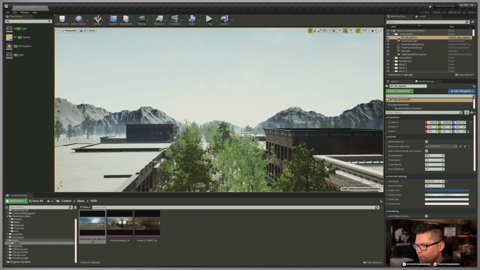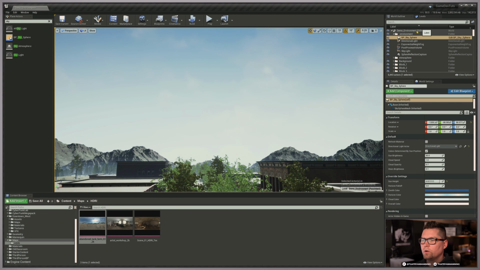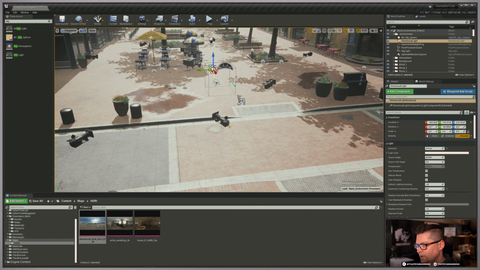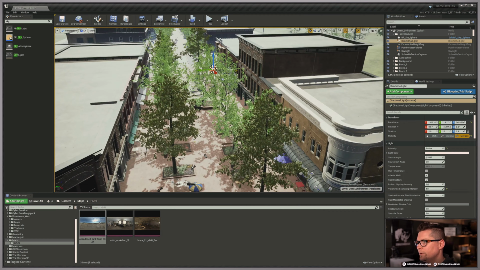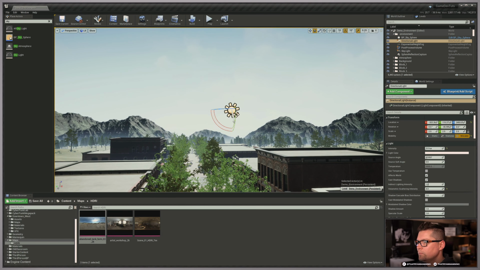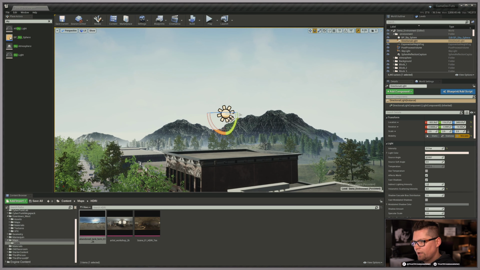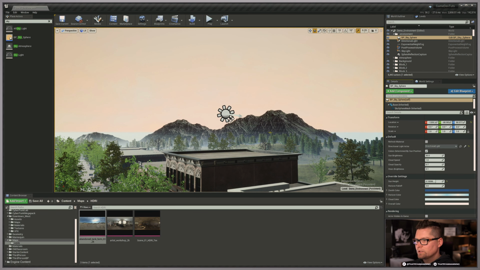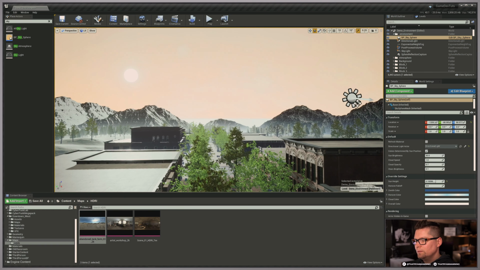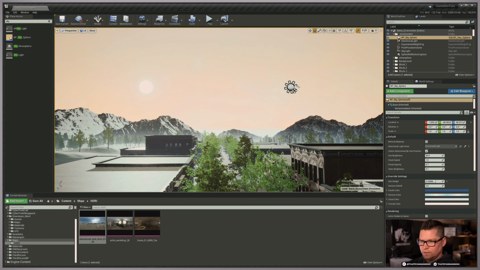Okay, so I'm going to go ahead and go up and just show you what's happening here. With my Skysphere, if I take my directional light, in fact, let's just move this guy up so we can see what's happening. As I move my light, say I go to something a little more sunset-ish, and I move it this way. What I did is actually disable snapping. So you can see that my skylight is going to be very low on the horizon. Go back to my Skysphere, refresh the material, and so you can see now the sun